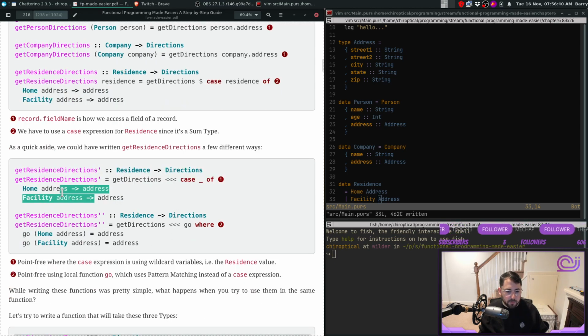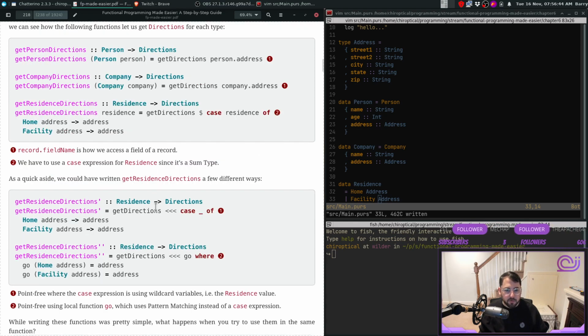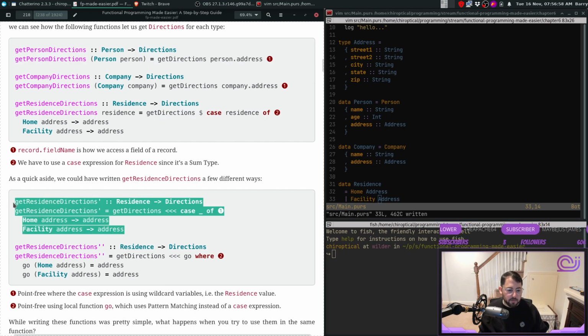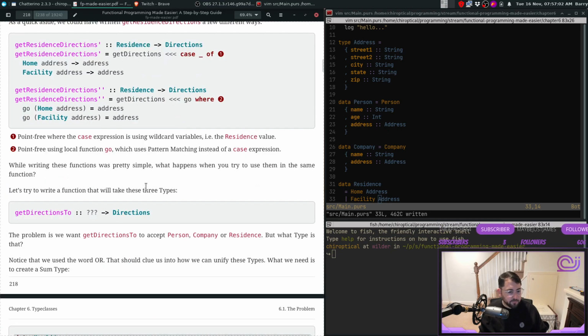I would probably write it in this style just because that's my typical preference. Well, no, probably not. I would probably write it like this because there isn't a single case match. Not sure I would write this though. I think I would still write case underscore of. This is probably the style I would write for the residence example. But anyway,